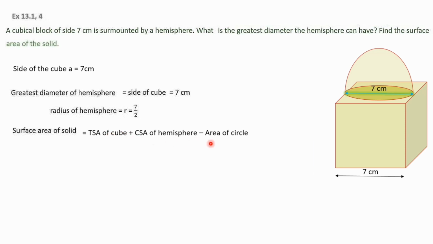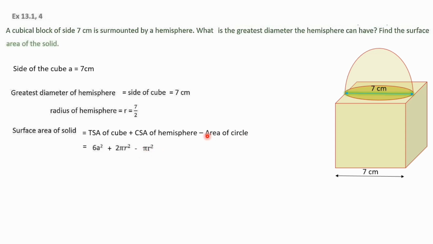Previously, I introduced to you two methods. One is doing together and taking common factor and calculating the answers. And the next one is separately calculating the areas and adding. These two are the common methods. And from here onwards, I am using this method, all the areas added together, not calculating separately. Whichever method is convenient for you, you can choose, it's not a problem. So here total surface area of cube is 6a square, and curved surface area of hemisphere is 2 pi r square, minus area of circle. Area of circle is pi r square.